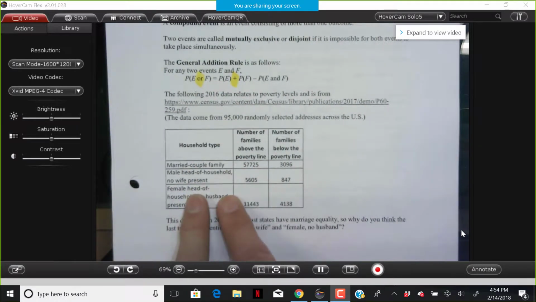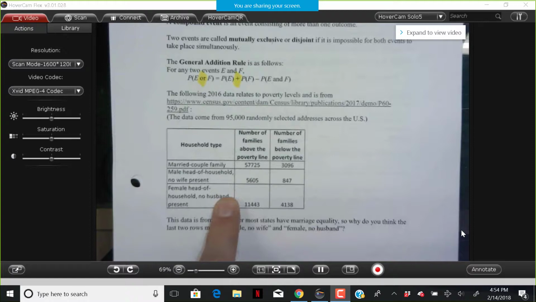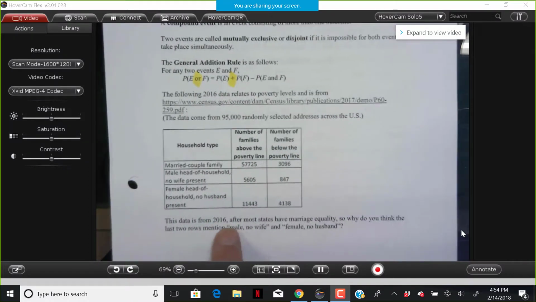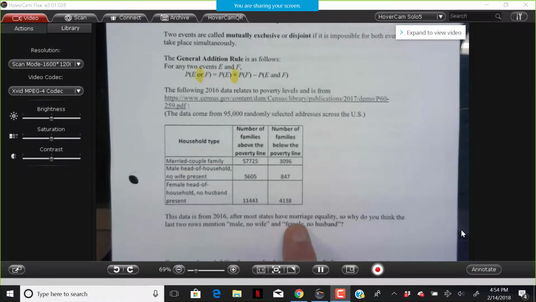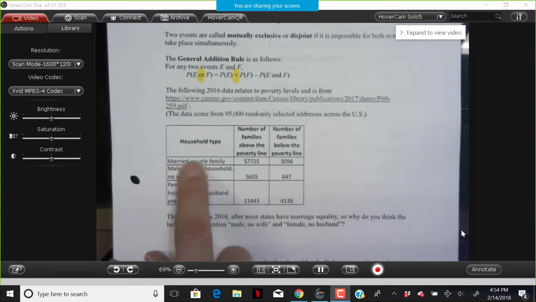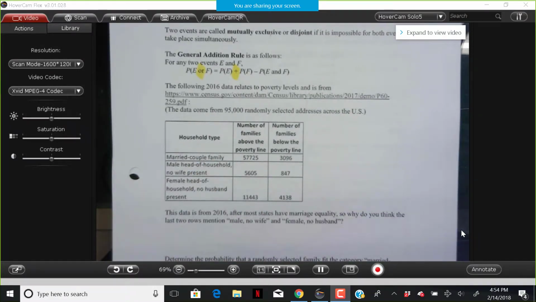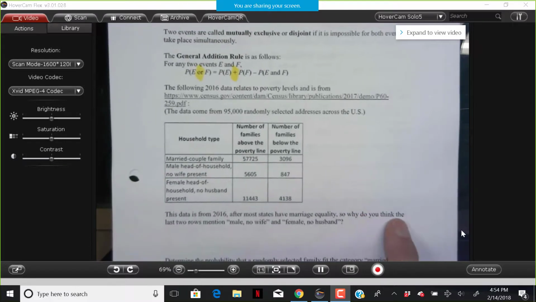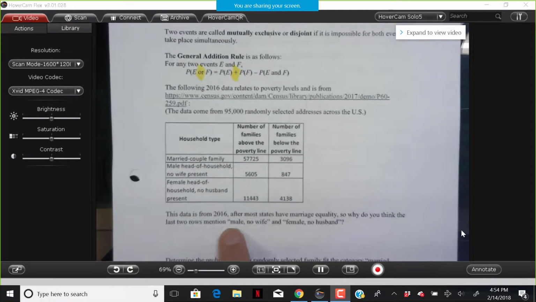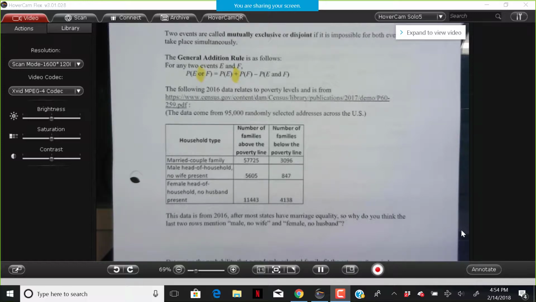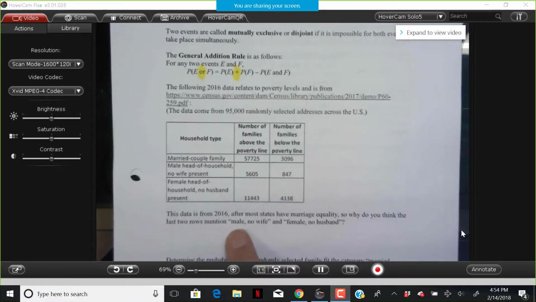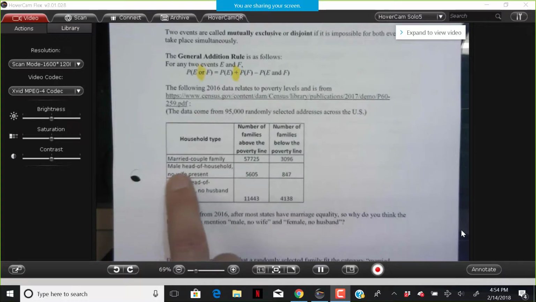So the household type, they classified this way. And I say this data is from 2016 after most states have marriage equality. So the married couple, that could be a same sex or opposite sex couple. There's no distinction there. But then when they talk about head of household, why do you think the last two rows mention male no wife and female no husband? Why don't they say male no wife or male no husband? So think about what they're measuring. They're measuring poverty,